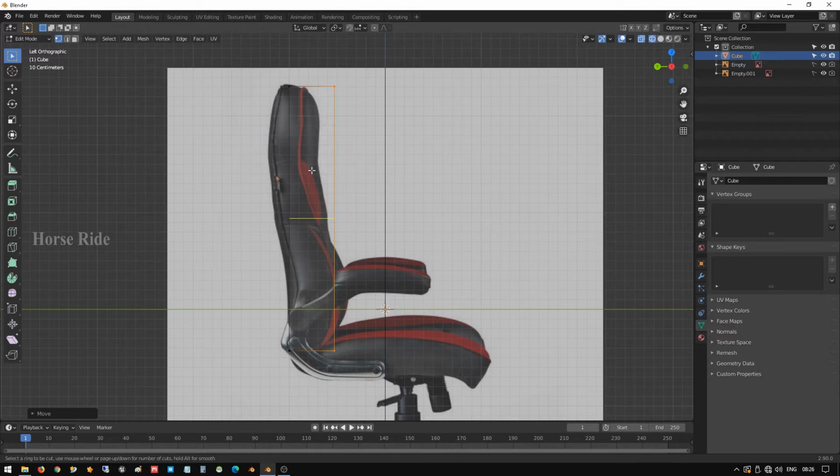Press Ctrl R and create some loop edges.